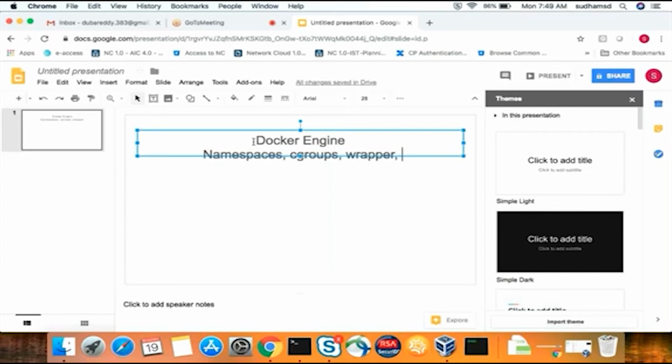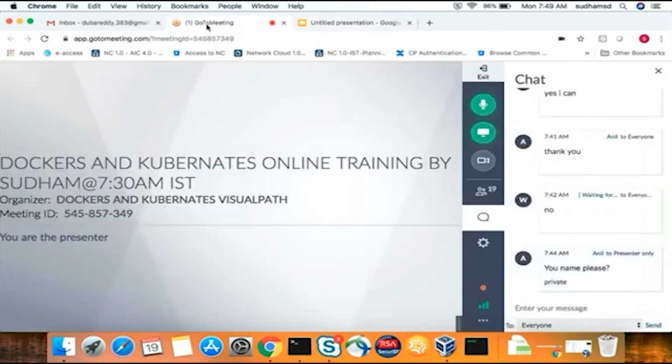We have namespaces, wrapper, file system. So these technologies we will be discussing. What are namespaces? How are they created? What are cgroups? What is a wrapper? What is a file system? These topics we will be discussing once Docker is done.